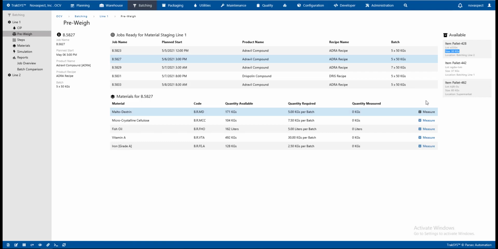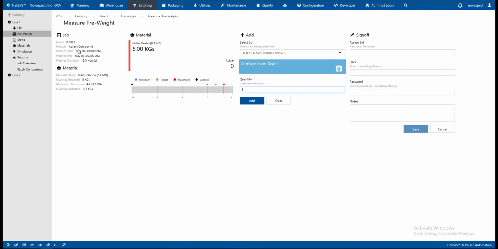So since we're in the batching material pre-weigh, let's go to measuring. This will take us to a different screen. We're able to see all the associated information for the job and material type, the quantity that is required for this batch, and the associated acceptable tolerances for that. And so we're wanting to add